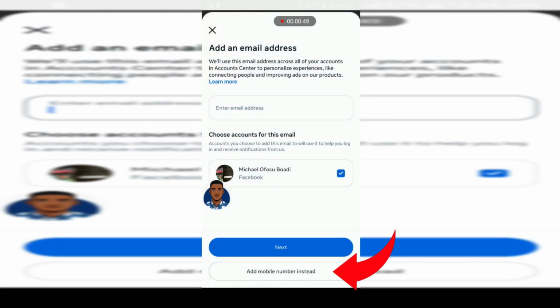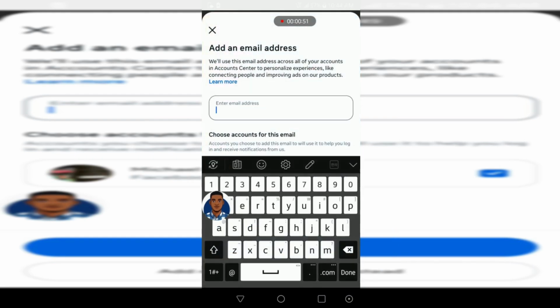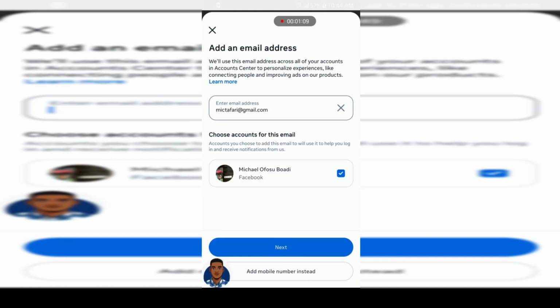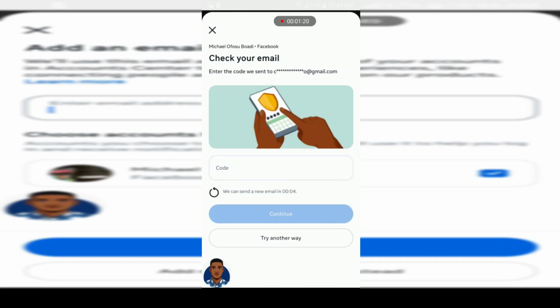Good, you enter the email address. I don't have any email in mind, but let me try. Good. So after entering the email address, you tap on next here. So now you have to confirm a code. It will be sent to the number you use to create your Facebook account, whether it's an email, a phone number, or that. You just confirm it and then you add that mail or the new mail to your Facebook account. It's very, very simple.